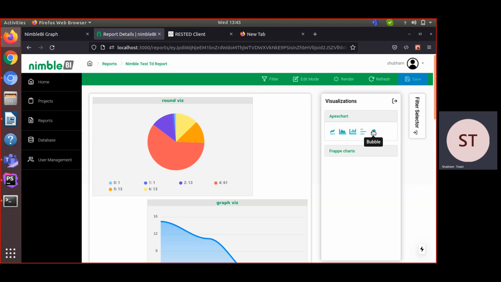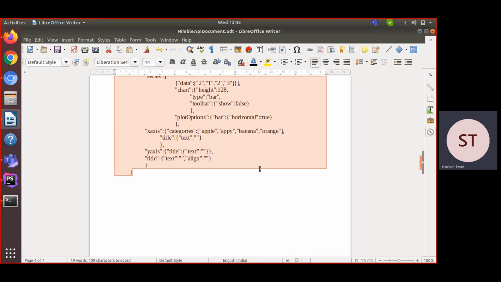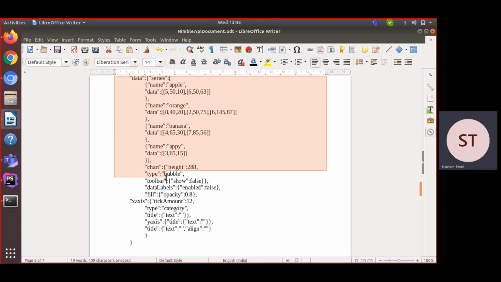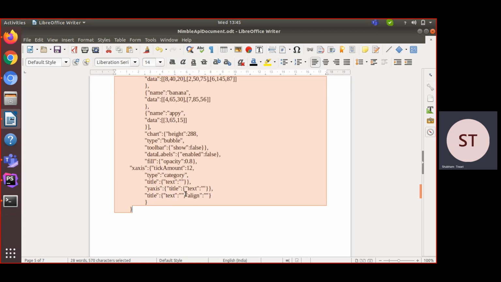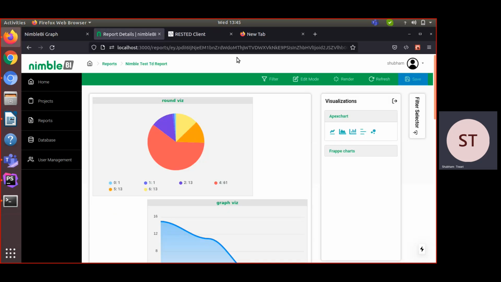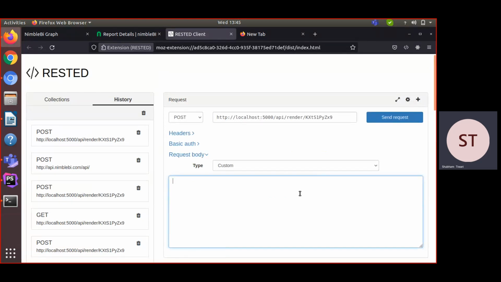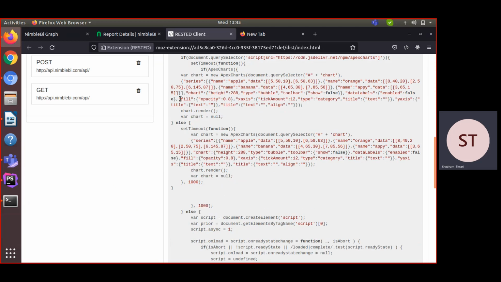Now it's time to test our Apex bubble chart. So again copy your JSON data that I already created for the Apex bubble chart. So you can see here copy, copy, copy, and clear your old JSON data and paste and submit it.